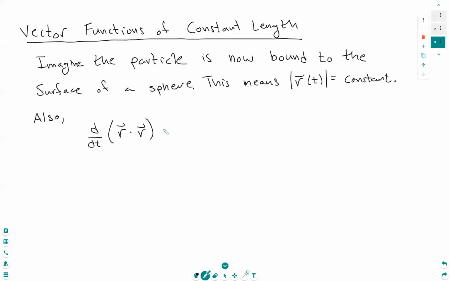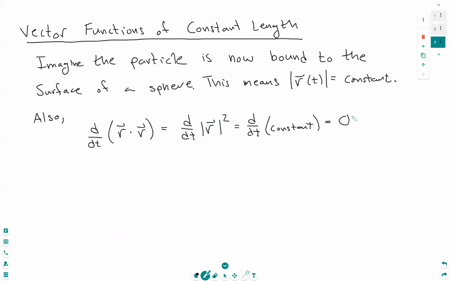One is that this is the derivative of the magnitude of r squared, which is the definition of dotting something with itself. Well, this is the derivative of a constant, because the magnitude is a constant,